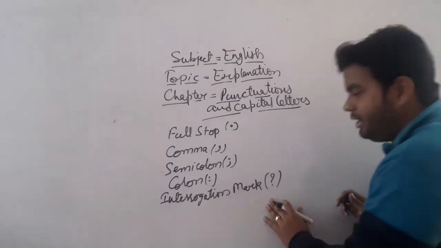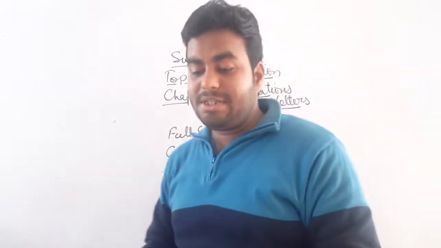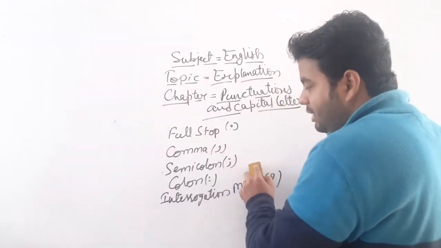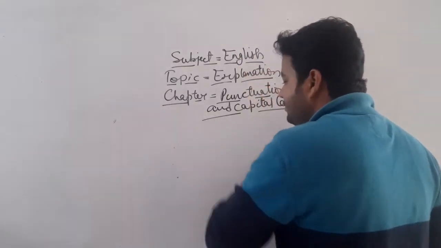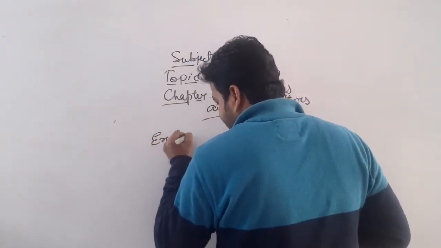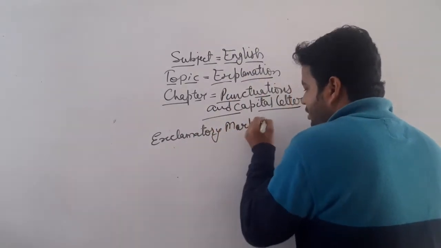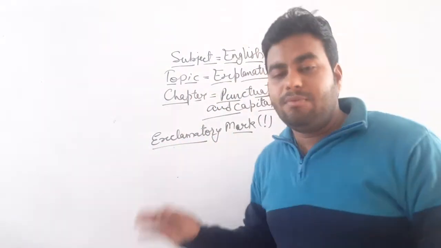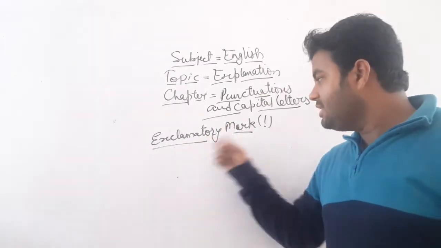This is an interrogation mark. As you all can see, we use an interrogation mark when we are expressing a question. जब हम किसी question को express कर रहे हैं, at that point we use an interrogation mark. Full stop, comma, semicolon, colon, and interrogation mark. After that, we have an exclamatory mark, the exclamation mark. So this is an exclamatory mark. Okay, and it is used with exclamatory words in exclamatory sentences. The sentences which express a sudden feeling, we use this mark there.